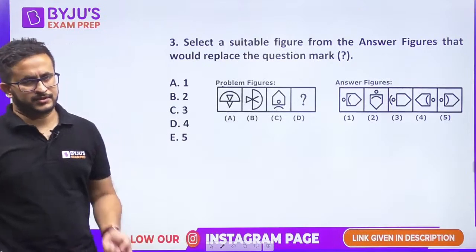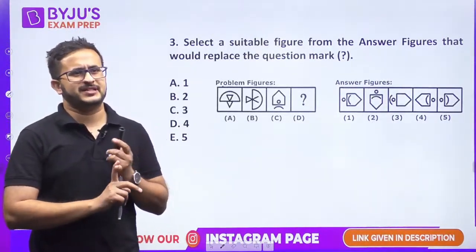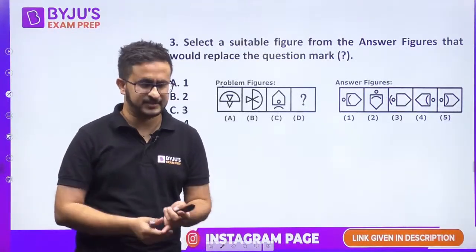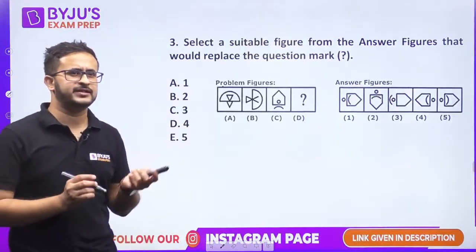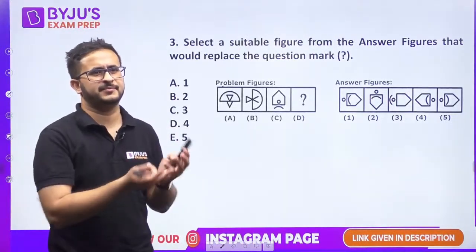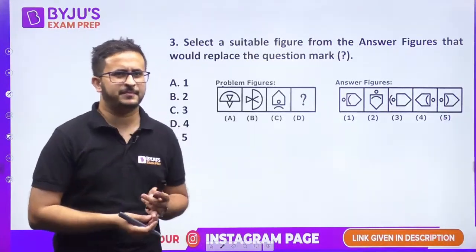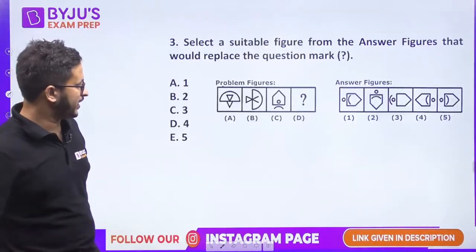So in abstract reasoning, there are certain things that you need to look at, especially rotation, mirror image, water image, reflection. These are some things that come handy. Apart from that, polygons, for example, circle becoming hexagon, triangle becoming square, square becoming pentagon. Those are the different elements that you need to look at.